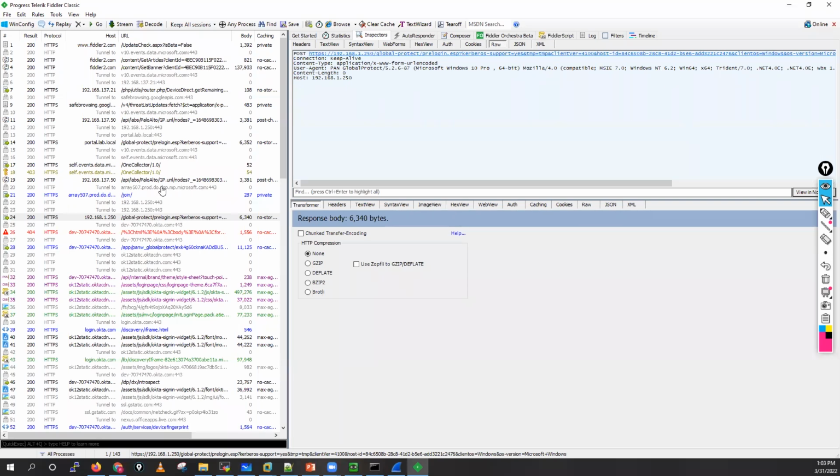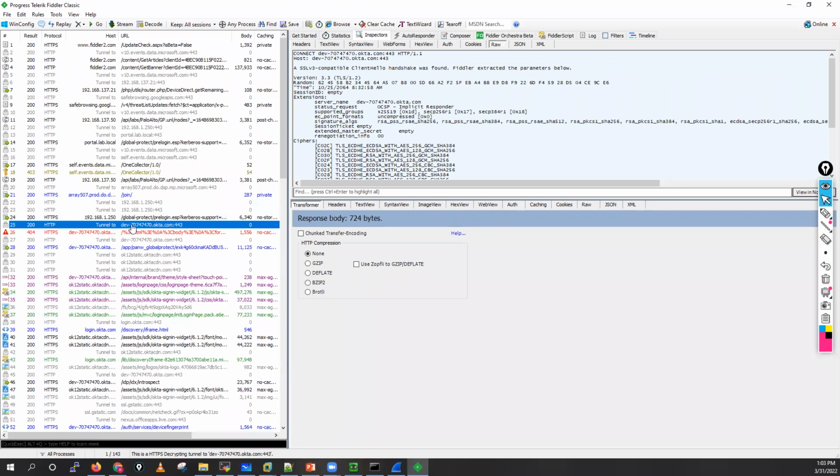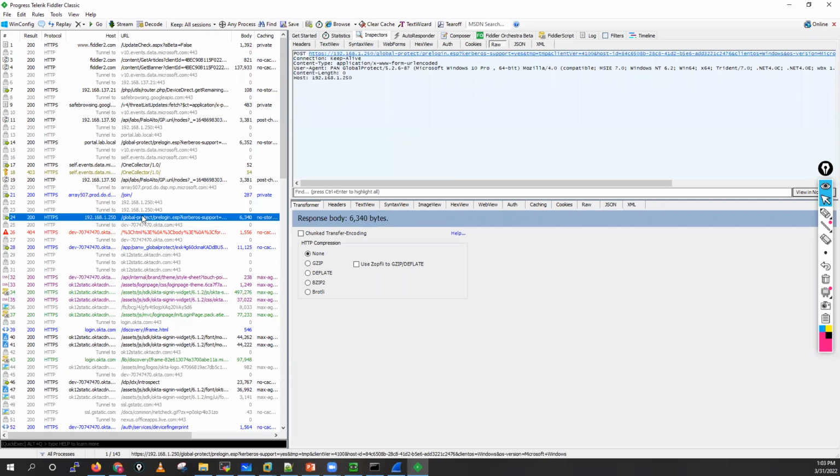Pre-login.esp message now. Go into the next one. Now you will see this is the connection it is trying to make in this pre-login.esp. We have accessed the pre-login.esp. Now after that you will see,